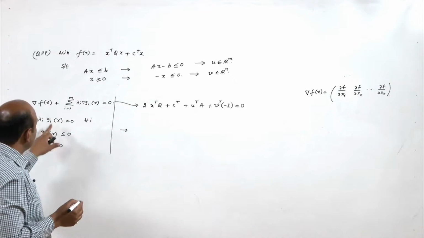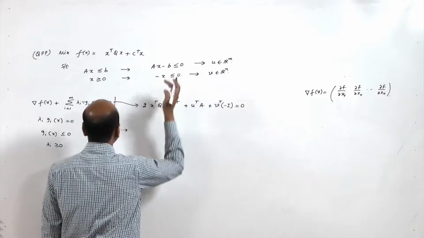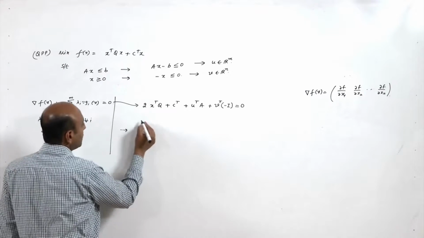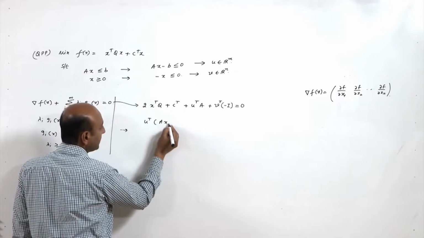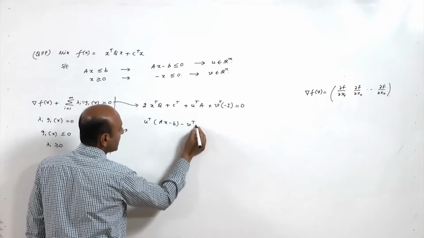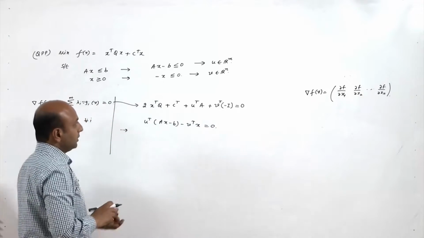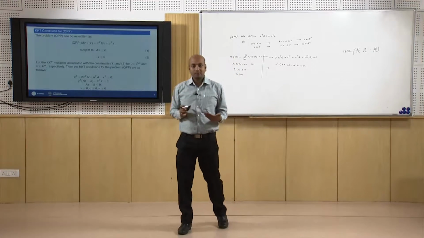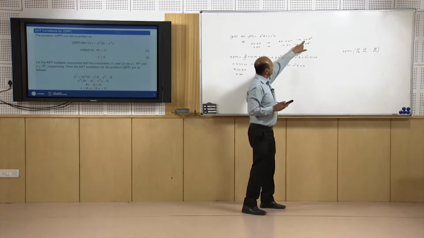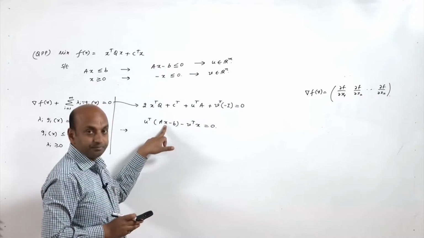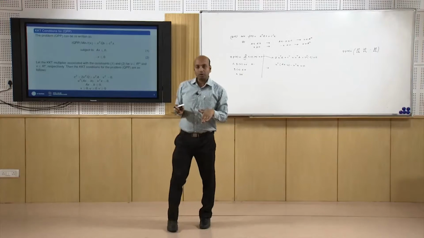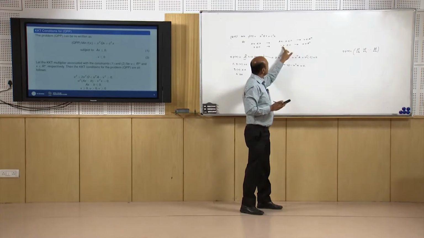Now, lambda i Gi, so you multiply with lambda, either you take each component or you take the sum of all the constraints with Lagrange multipliers or KKT multipliers. So, it will be U transpose (Ax minus B) minus V transpose x, that should be 0. We have for this problem m plus n number of constraints. So, you multiply with U transpose into Ax minus B, this term, the sum of all like lambda 1 G1 plus lambda 2 G2 and so on, and V transpose into this, that is this constraint.